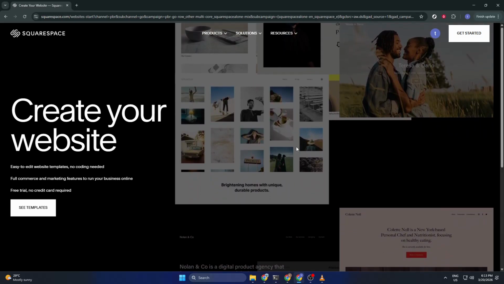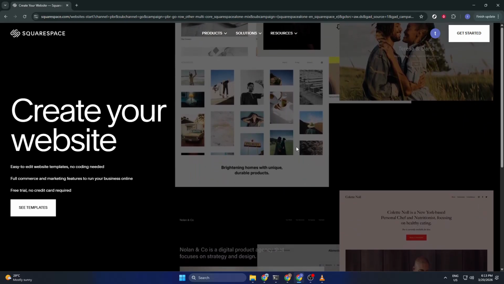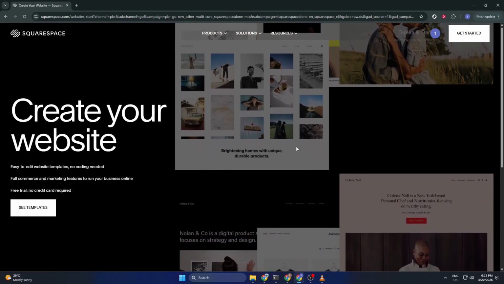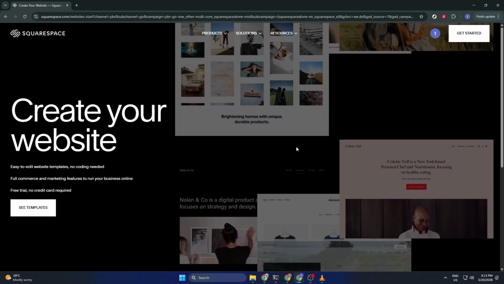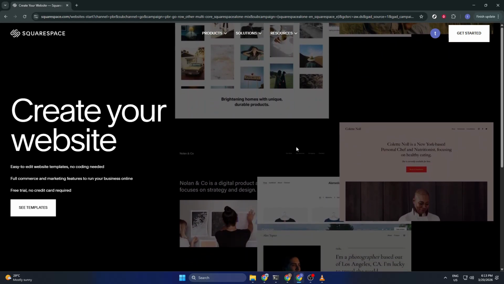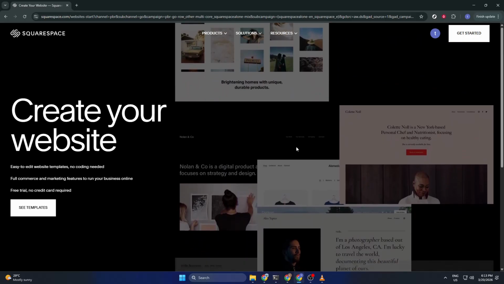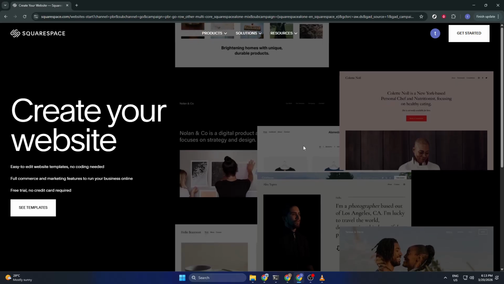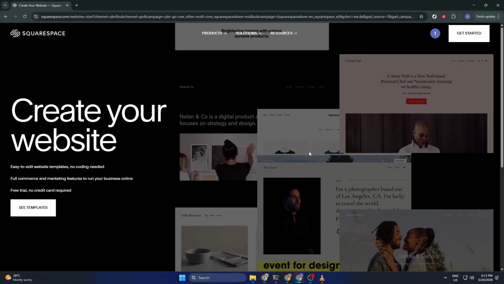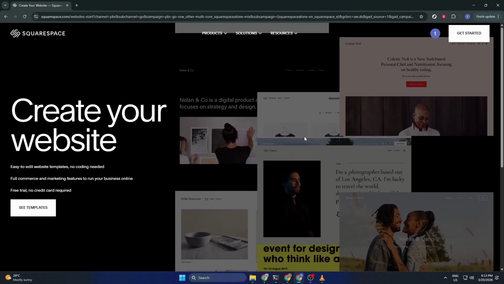straight from the source. Begin on the Squarespace Create Your Website page. This is the public landing page that showcases templates and features. You don't need to log in for what we're doing today. Let the page load fully so the top navigation is visible. That's where our shortcut to support lives. If you prefer to keep your place while you work, open this page in a fresh tab so you can